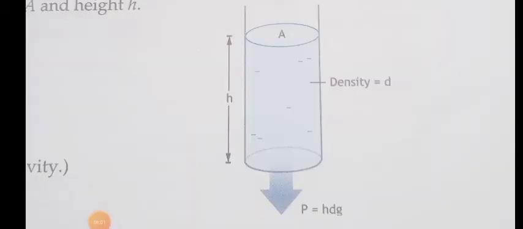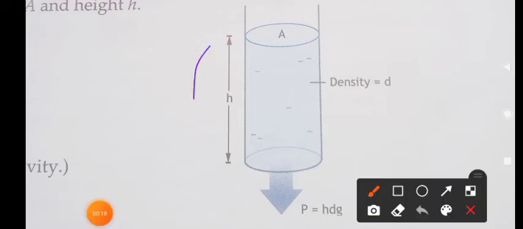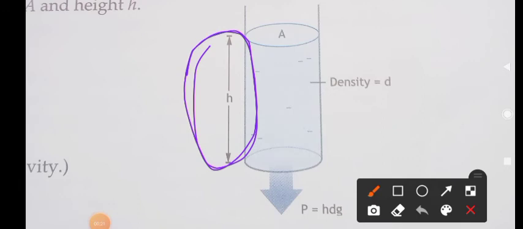Now we are going to discuss the pressure exerted by liquids. The pressure exerted by a column of liquid depends on its height. So the pressure of the liquid is decided by the height of the column of liquid. As in the case of gases, when you go deeper and deeper, the pressure will be more. Okay, children.